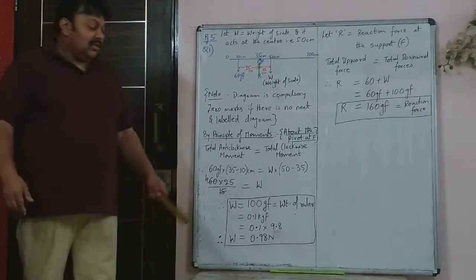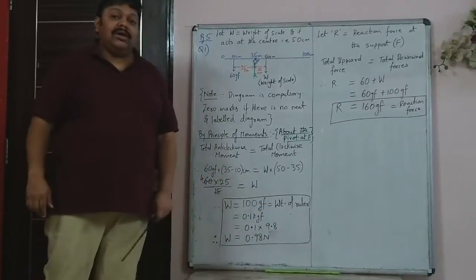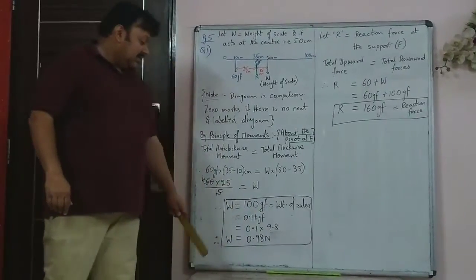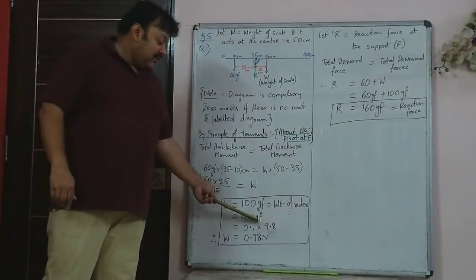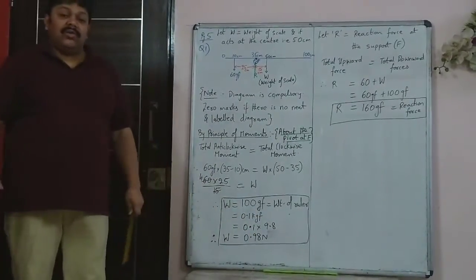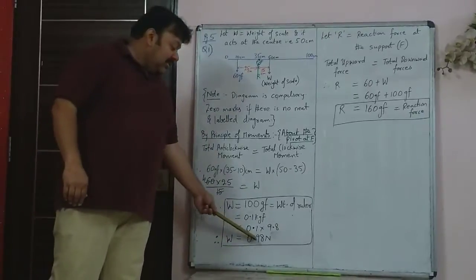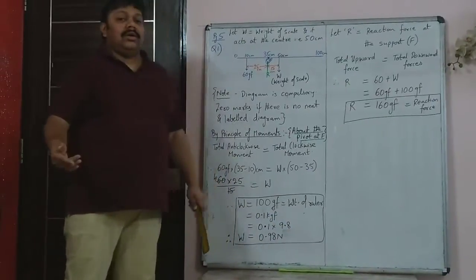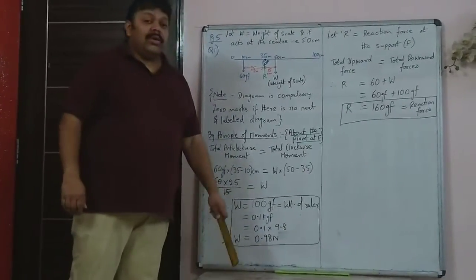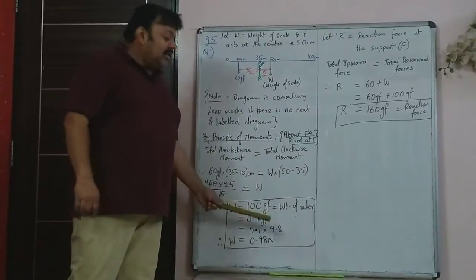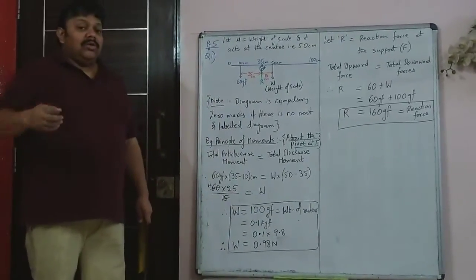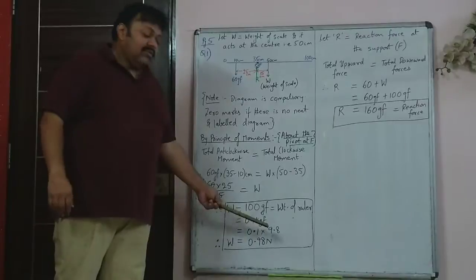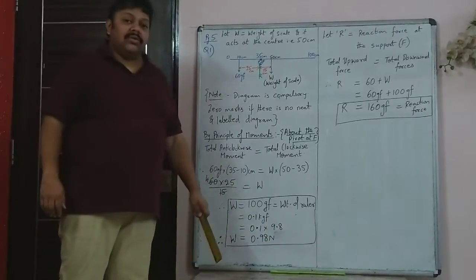If they ask you in Newton, then that 0.1 has to be multiplied by 9.8, because you are converting it into the SI system. 0.1 kgf is in SI, and 9.8 meter per second squared is also SI. So that will become 0.98 Newton. If nothing is given, you can use 9.8 or 10, and write the weight as 0.98 Newton. In this sum, you can leave it as W is 100 gf, but the board rule says that you write your answers in SI, so at least make it 0.1 kgf, even if you don't convert it into Newton.